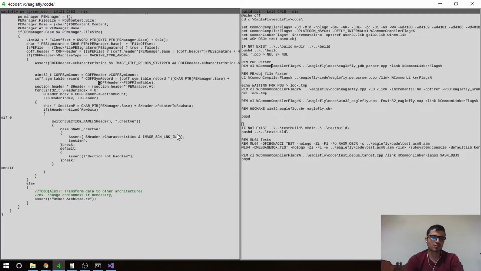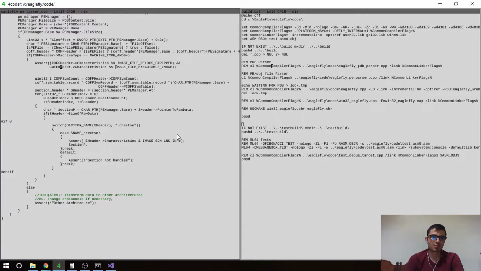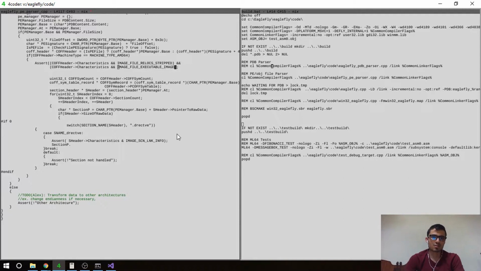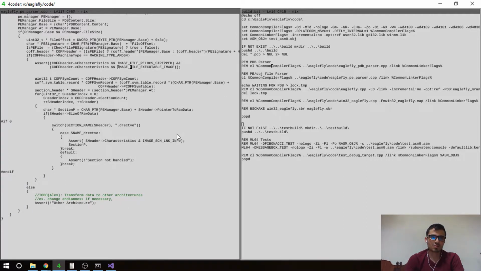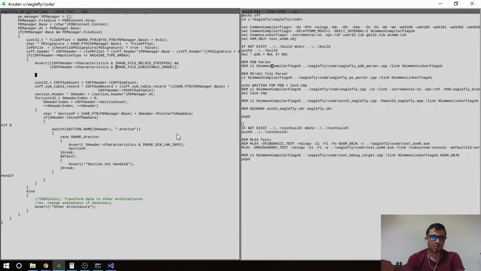I want to simplify this stuff, and later we can take a look at the COFF extraction itself. Right now I'm just going to focus on the PE file, so it's simpler. After that we have these characteristics, you know. Something like this. And I always get it wrong. This is like this, and we can say that